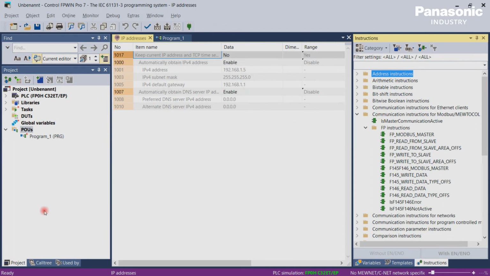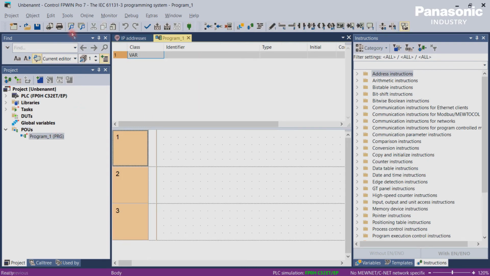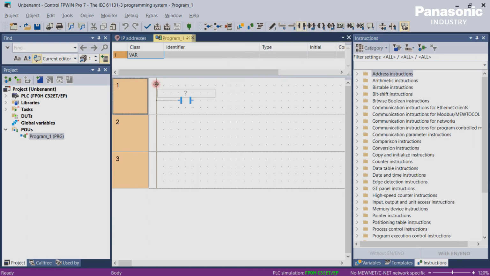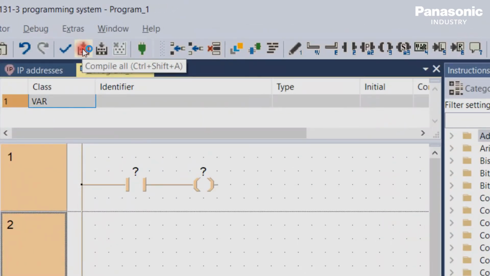Last but not least, we have on the very top the toolbar as an essential part for programming efficiently. We can find here some shortcuts for programming in ladder language. By drag and drop, we can easily put them into our programming window. We can also find a shortcut for compiling the PLC project. Compiling means that the project is translated into machine code. After compiling, the program code can be downloaded into the PLC by this green shortcut.